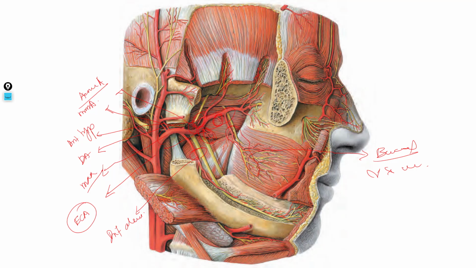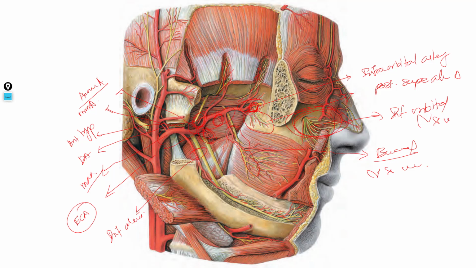So these are the branches of the second part of the maxillary artery, and from this area, the third part enters into the pterygopalatine fossa. Before it enters the pterygopalatine fossa, you can see it gives a branch here supplying the upper jaw. This branch is the posterior superior alveolar artery, right? And here you can see a smaller branch that is going to the orbit, that is the infraorbital artery. The infraorbital artery passes through the infraorbital groove, then it comes out here through the infraorbital foramen. These are also the infraorbital nerve and vessels, right? Fine.